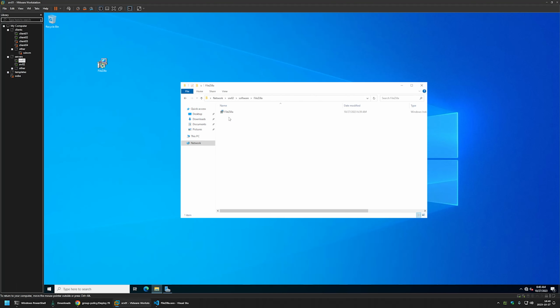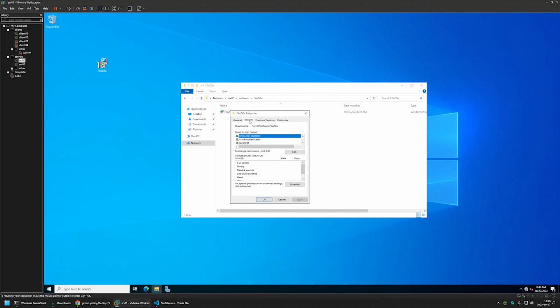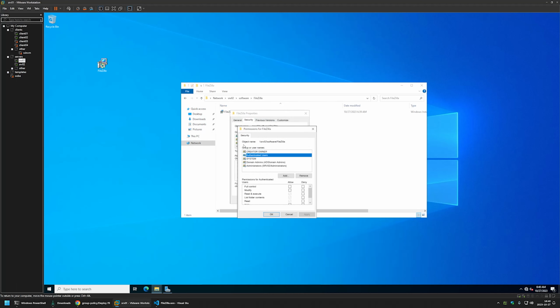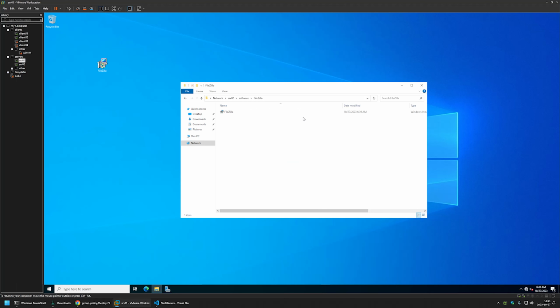And here you need to make sure that you have the correct NTFS and share permissions. For example, in my case, if I go to Properties, Security tab and Edit, you can see that I have authenticated users with read permissions for my NTFS permissions and also have the same permissions for my share permissions. And authenticated users covers both users and computers that are part of my domain, and that means that they are able to access this share and also execute files from it. Anyways, you need to make sure that you have the correct permissions, and now I will close everything here,